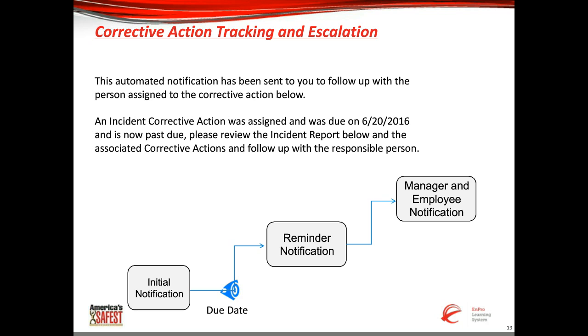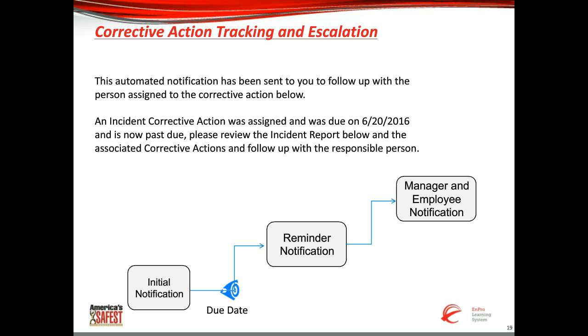And from that point on, as the responsible party, I would get emails every single day reminding me as to what's going on, and the frequency for the manager or the next level of escalation can be adjusted. So it's a great way to make sure that it's never just falling off of one person's plate. There's that constant escalation. Now, of course, there are always reasons why things might get delayed, and we don't want people just getting into the habit of ignoring these escalating emails. Otherwise, that functionality loses all of its power.